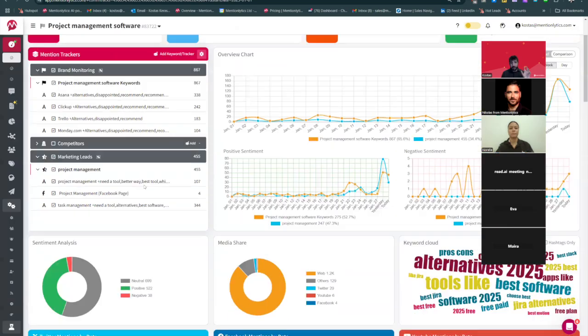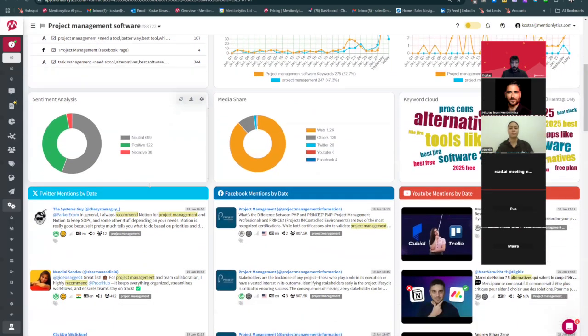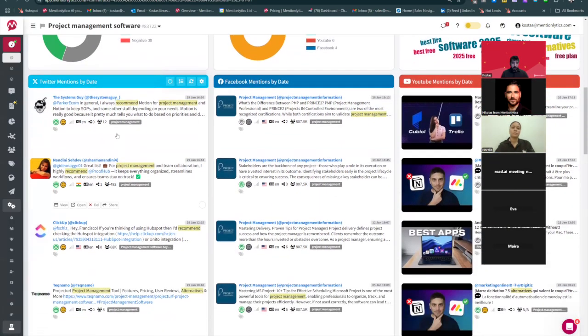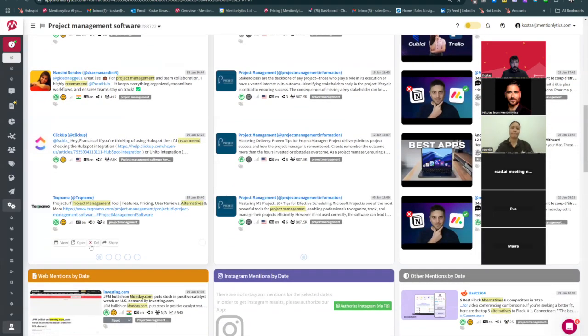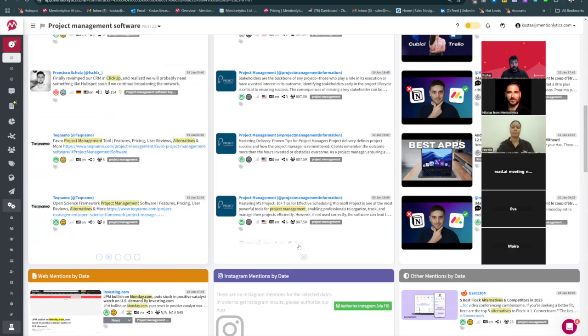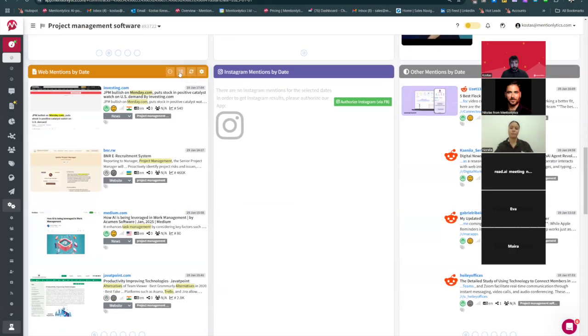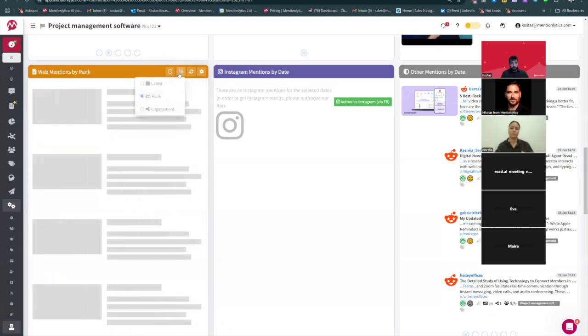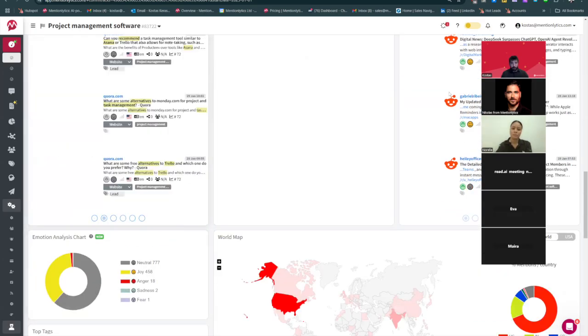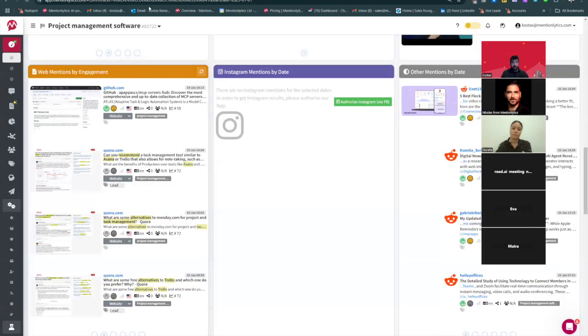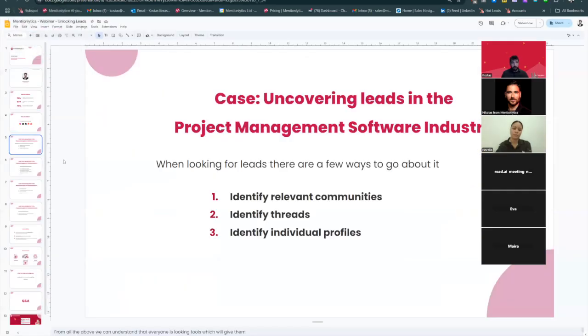So this is the first thing, setting up and trying to find where the discussions are happening. You can see here that on Twitter, a lot of people are having discussions. I always recommend Motion for project management tool feature. So you have some advertisements. You can see the same on other web mentions. So it depends really on the tool. And here also, I can see some similar things from other tools, some discussions on Reddit. So I'm seeing where the discussions are happening. This is the first step at being able to identify the communities.